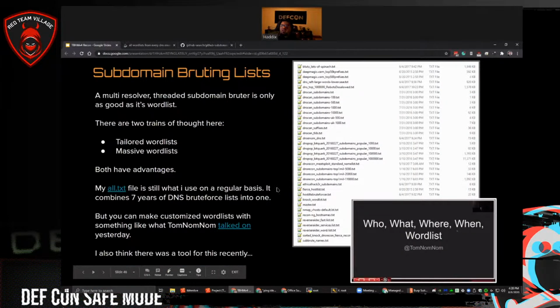It doesn't take too long, probably, to run my all.txt file. It'll take maybe 10, 15 minutes to do it, I think. I'm just guesstimating on something like Office Depot. So